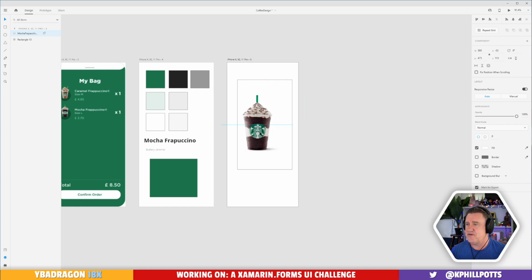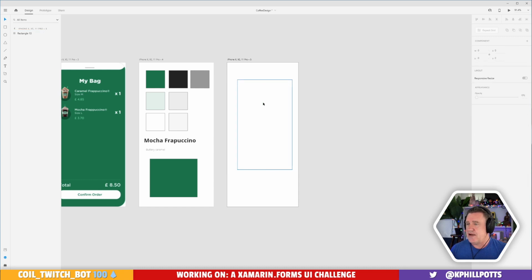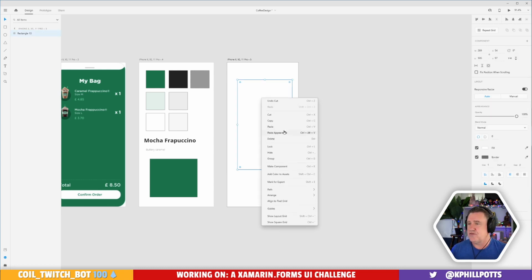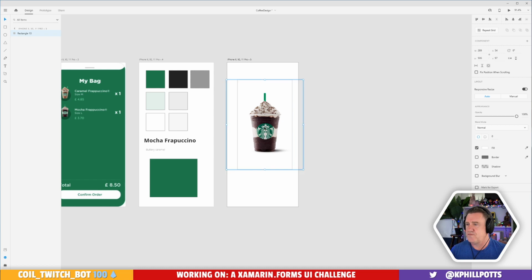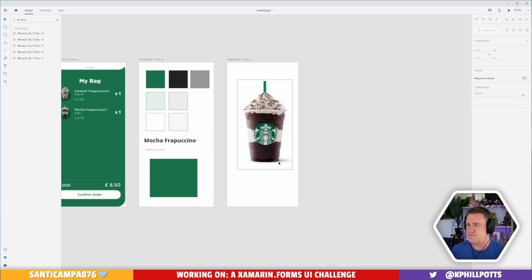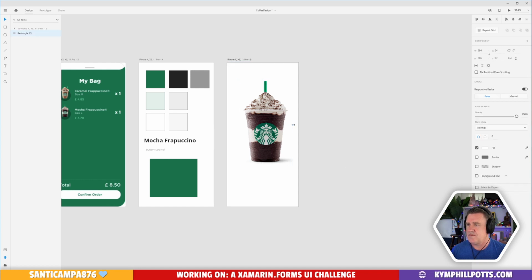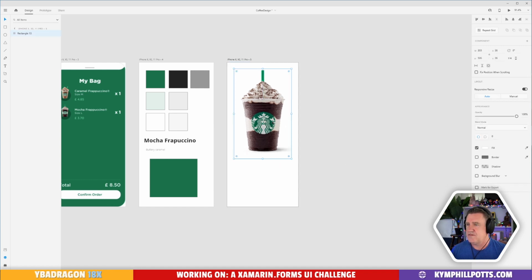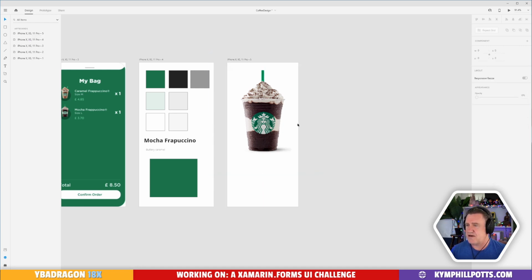And the problem with this image is that it's got a bit too much white space around it. So we can solve that by pasting that into a rectangle and then adjusting the size of it like so, until we get something about the right size. Right, let's maybe make that a little bit wider.